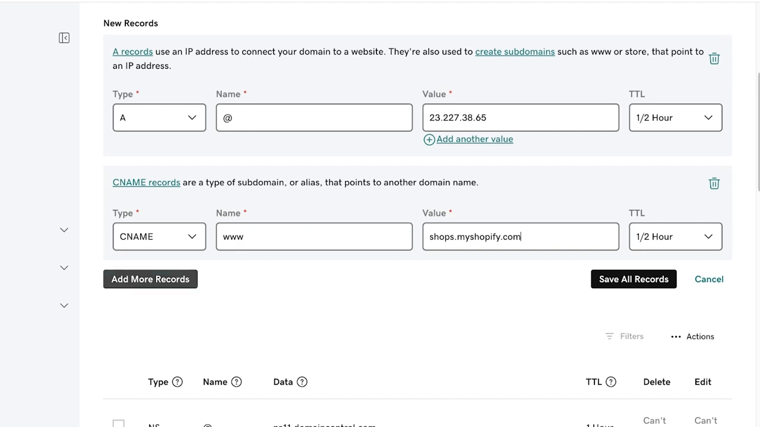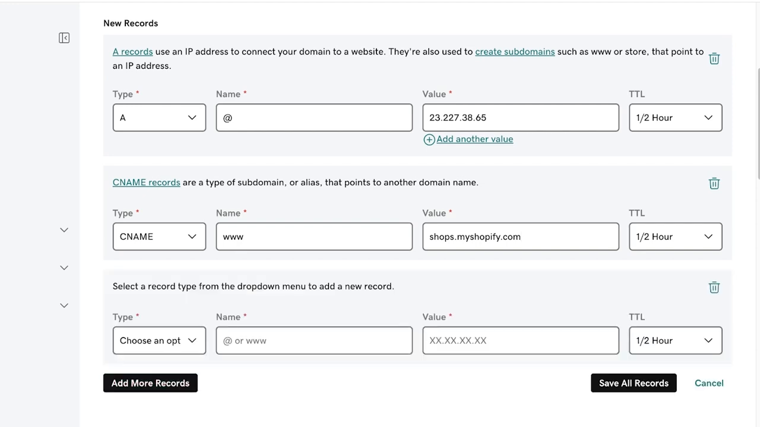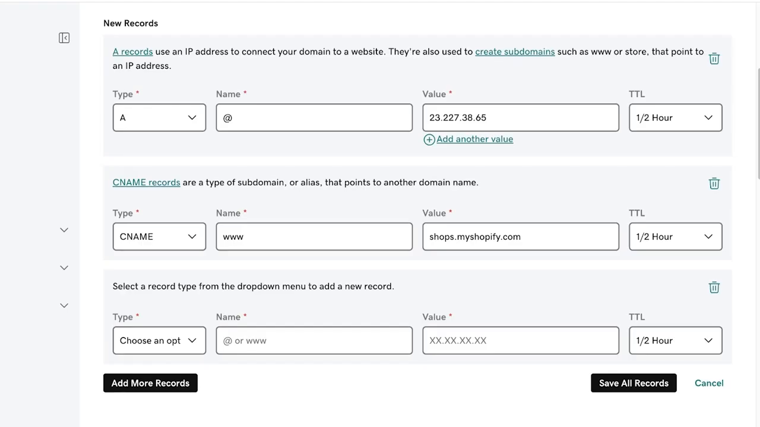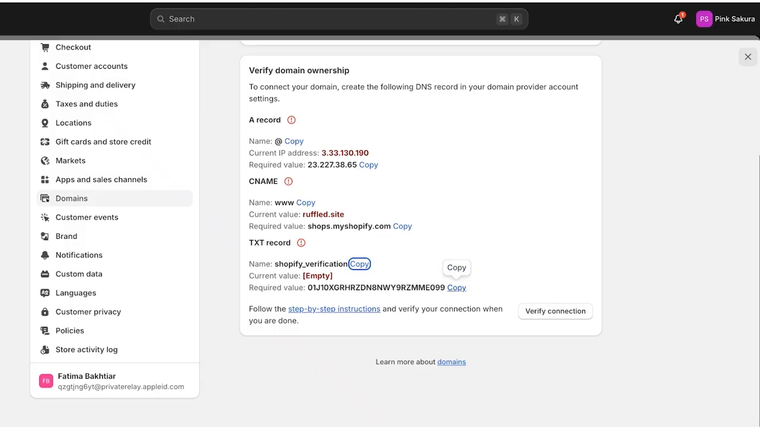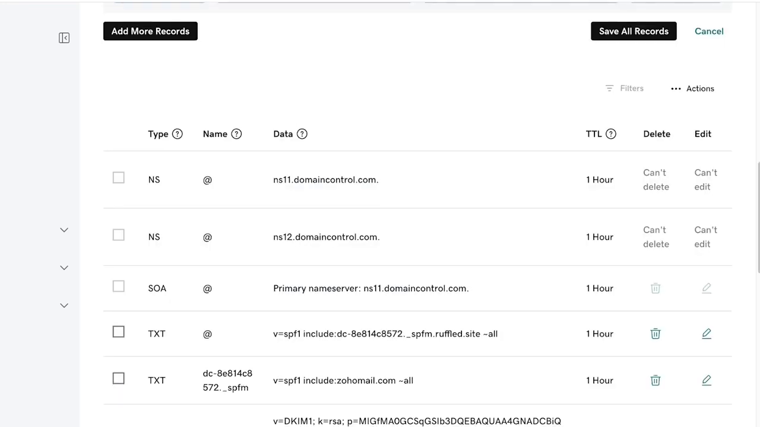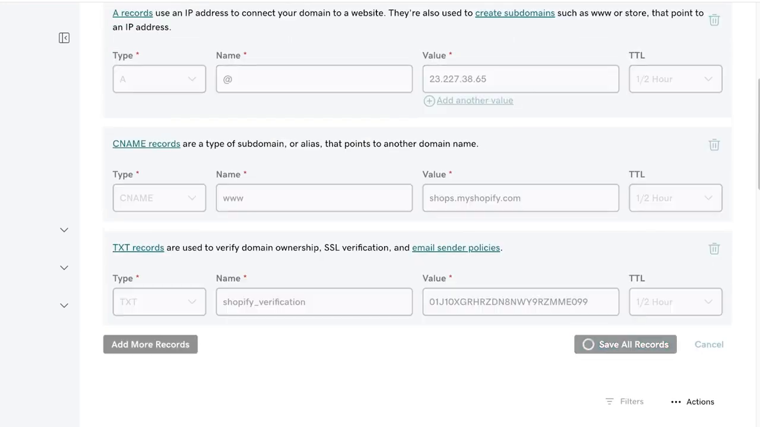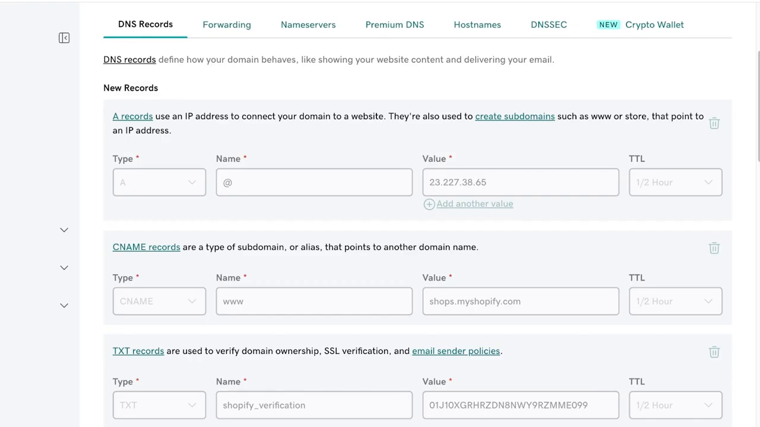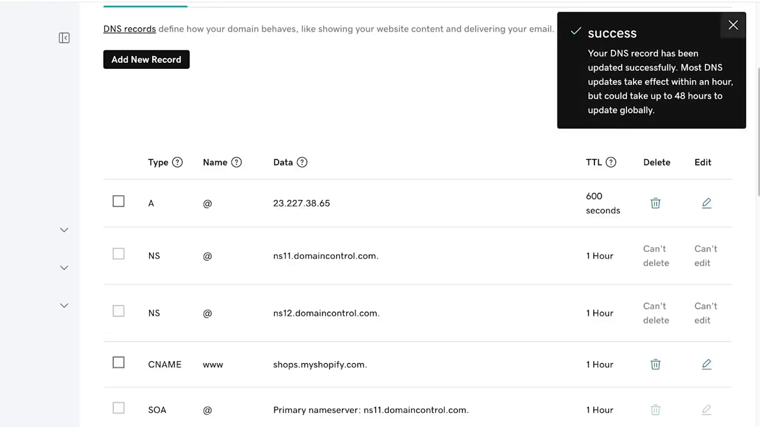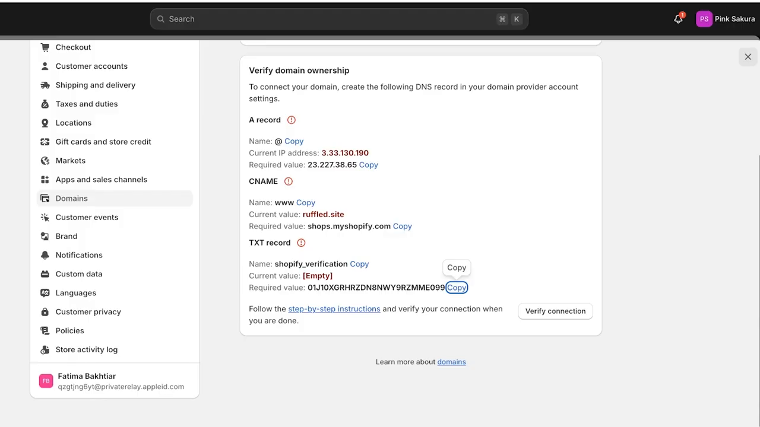So click on Add More Records, and then you're finally going to add the TXT record. So in the type section, scroll and search for TXT. Then paste in the name and then copy the required value and then paste that over here. Once you have completed all of this, click on Save All Records. Now, once you have added all three of these DNS records in your domain name provider, you can click on